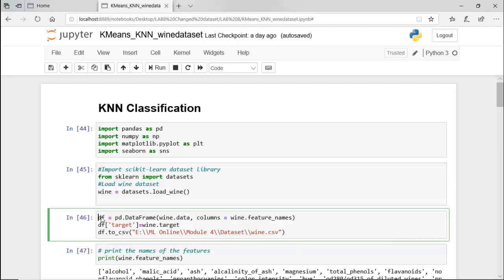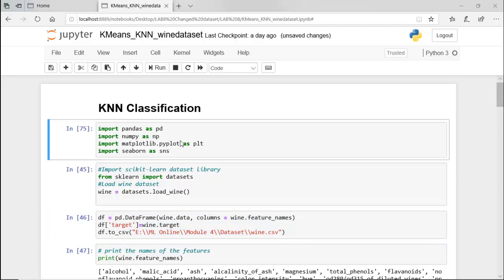So we are creating a data frame using the input data, where the column names are stored in wine.feature_names, right? Create a dataset having both your input values as well as your output value, and I'm going to save it as a wine.csv file. So I'm creating another column called target where I'm storing the values of wine.target.